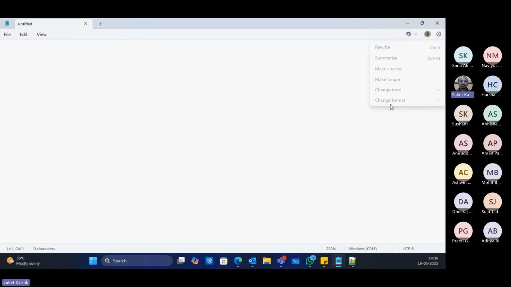Notepad we use for taking notes, writing some plain text, and that's where we have some options over here, like rewrite, rephrase all the words and sentences, summarize the content, make it shorter, make it longer, more detailed, change the tone, change the format. These are very common tasks. And if we are looking to get all these tasks done manually, it takes a while. It takes a lot of time to think about it. It takes effort to actually understand what is required and get it done.